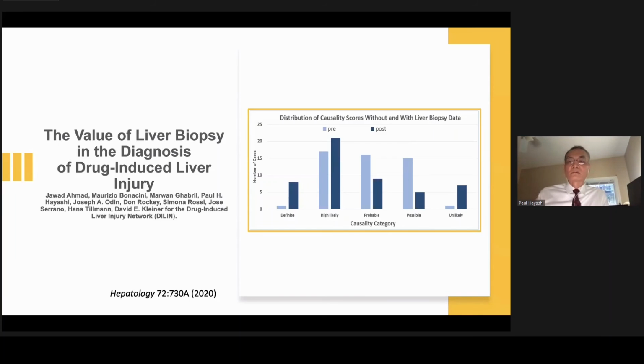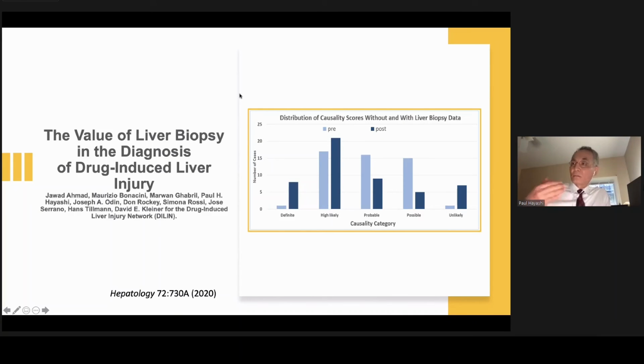aside. It's not core or central because there was a great deal of data that biopsy helped us with diagnosing DILI. Here, what we did is we took cases where the first author, he actually painstakingly redacted with a black pen all information related to the liver biopsy and thereafter, and asked us again to go through the whole process to assess that case. And we assessed our likelihood categories. And these are these light blue bars.